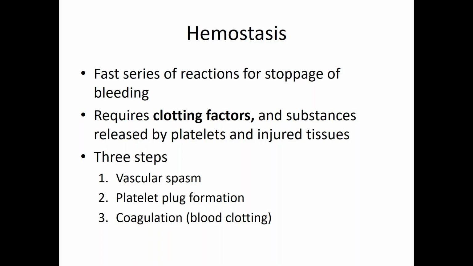The impact of platelets, and then the impact from there of fibrinogen. Everything in total is going to be kind of a really simple three-step process. We're going to begin with what we're going to call the vascular spasm. That's exactly what it sounds like. We're going to bring our platelets in, form a temporary plug, and then we're actually going to form a clot, scab, if you prefer, the process of coagulation.